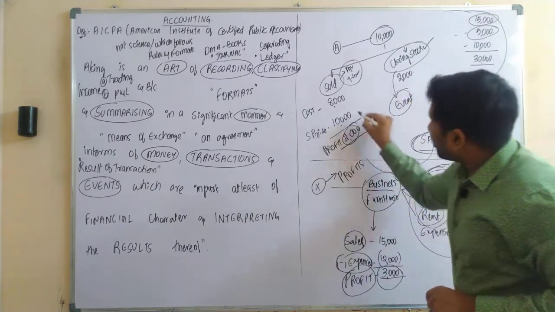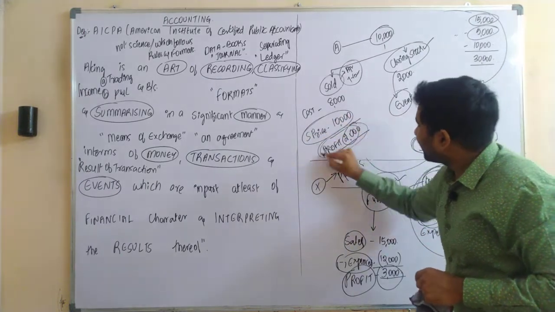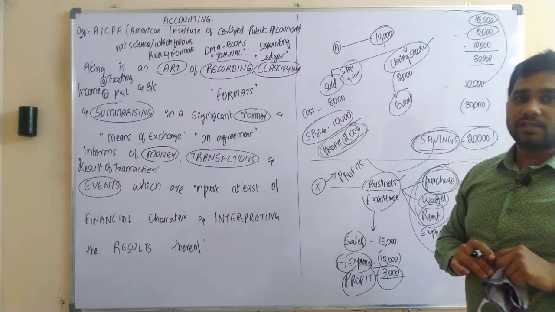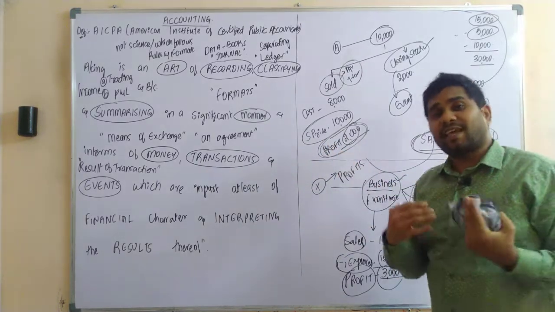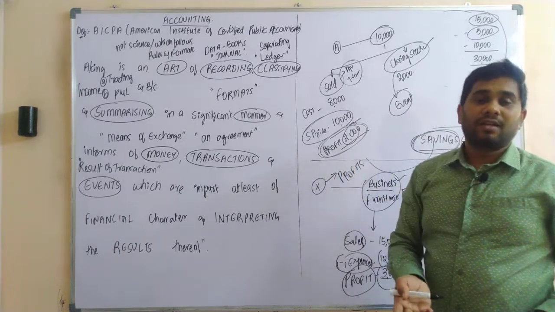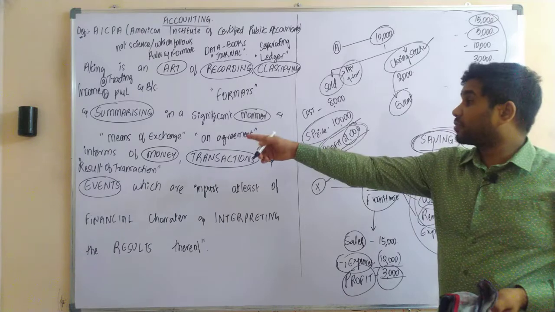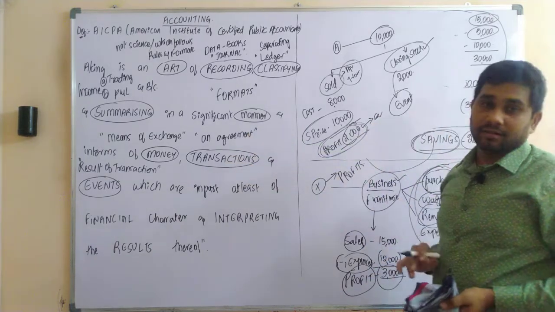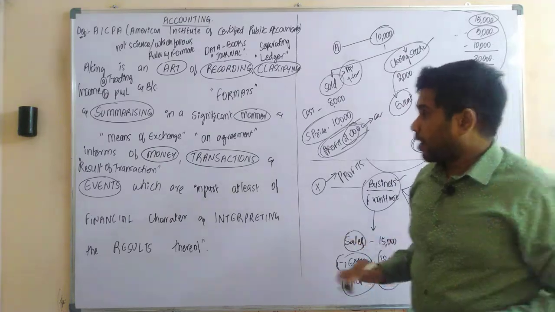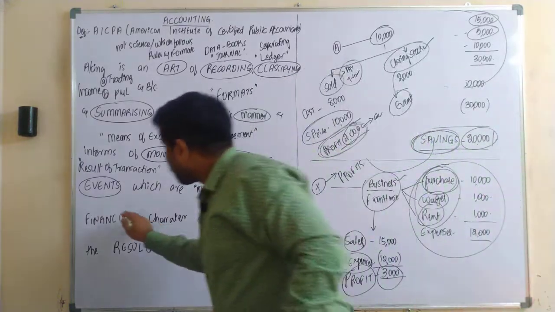Because of the sales only, you're having a profit of 2000 rupees. So can I say this profit is also nothing but a result of an agreement or a result of transaction? So can I say this is also nothing but an event? Yes or no? Now, which are in part at least of financial